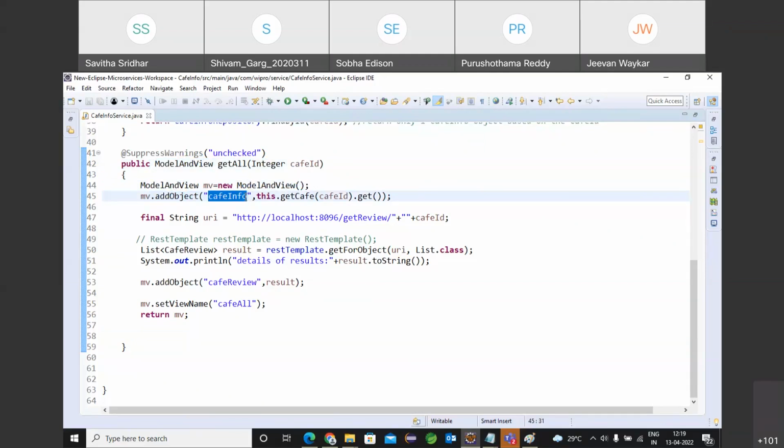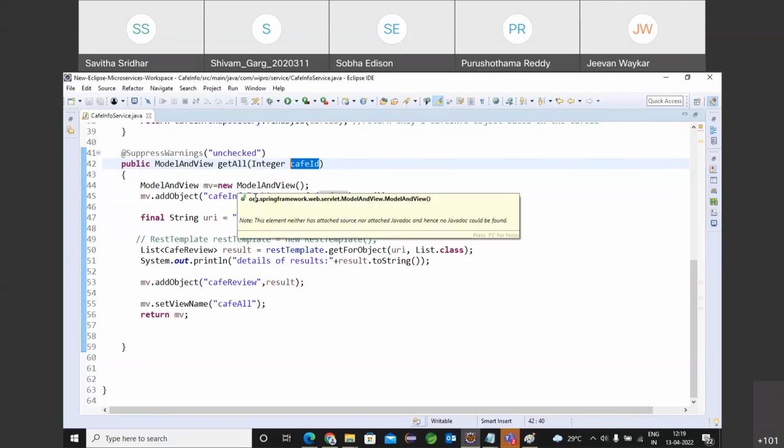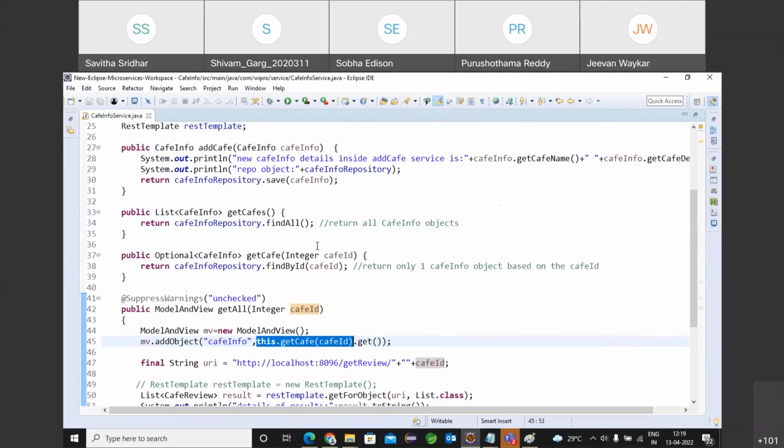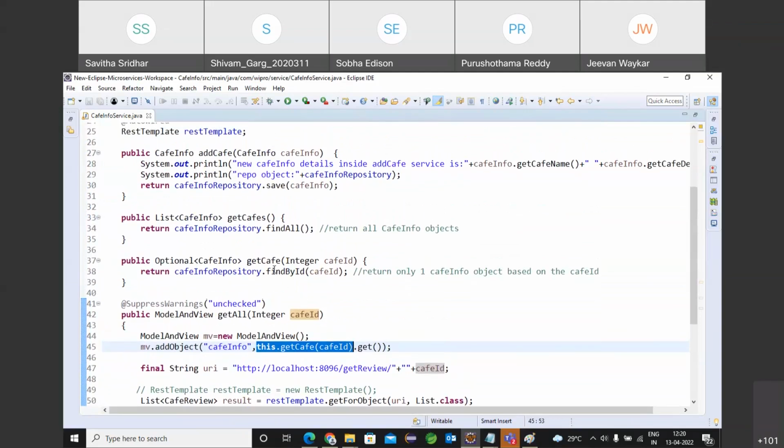So I'm first adding all the cafe info. For adding cafe info details, no problem, because I have to get only the cafe info of this cafe ID. That is anyway available in the same microservice. So using this object, I'm calling the get cafe method and I'm passing the cafe ID. This will return the particular object, right? Because it will return an optional type. To get the actual object, I use the get method. Yeah, so nothing great. I am getting a particular cafe object, and that is what I'm populating into